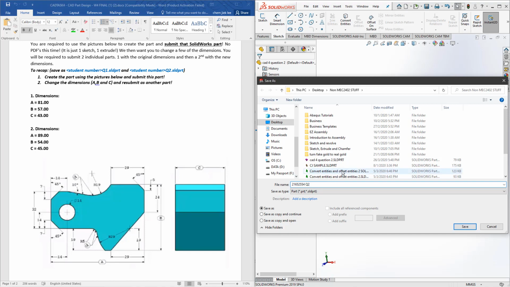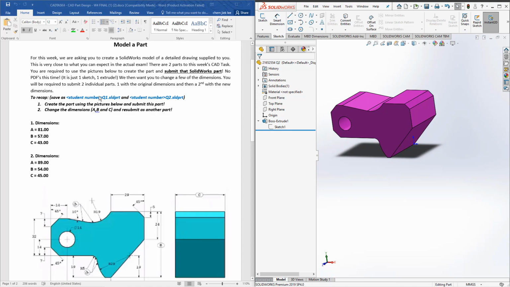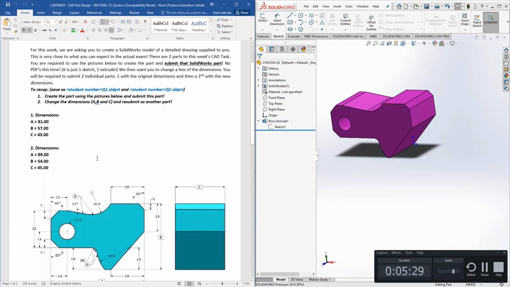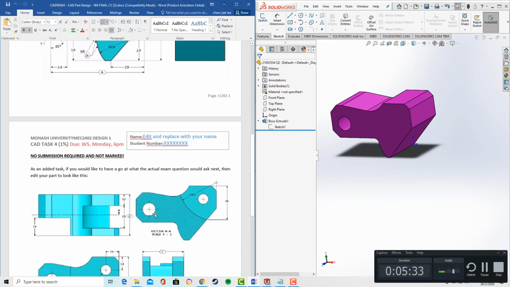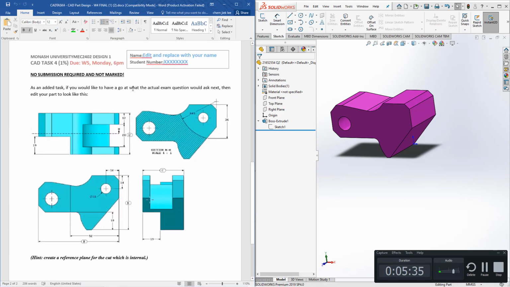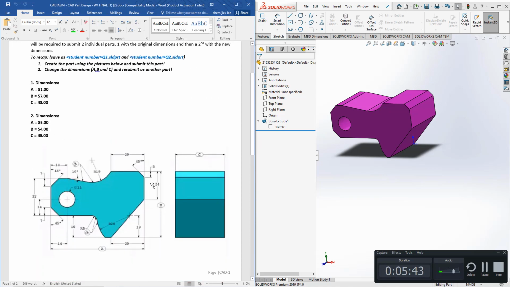Then I want you to zip this folder, or add them in a folder, both question 1 and question 2. Save the part file to Moodle. With that said, there's this second part here. It says no submission required, which means you do not have to submit it. In case you're wondering why I said you should only take 10 to 15 minutes to finish this question,